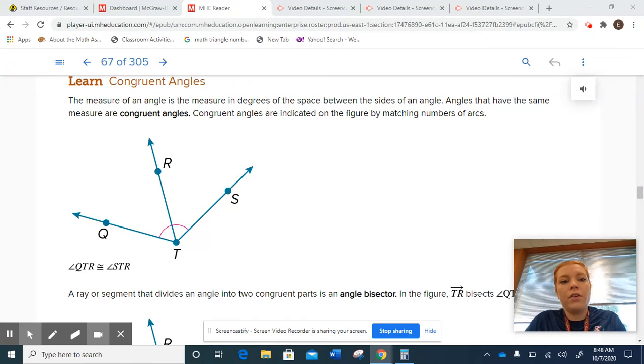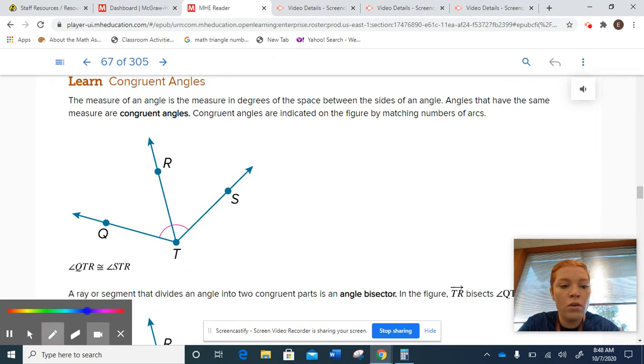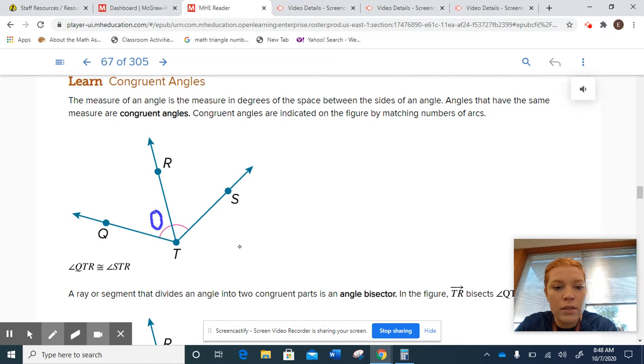So we learned the definition of bisect in the last chapter. Here we're doing it with angles. So we have congruent angles. We have this angle QRT, or sorry, QTR. So you can put the little angle symbol, this is theta, and then it would be equal